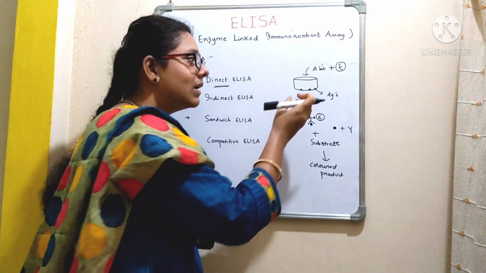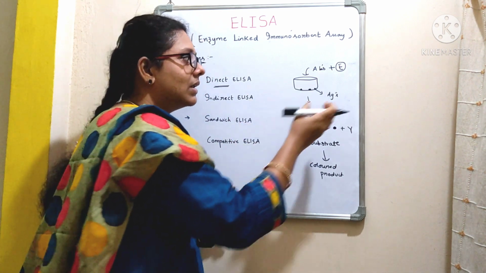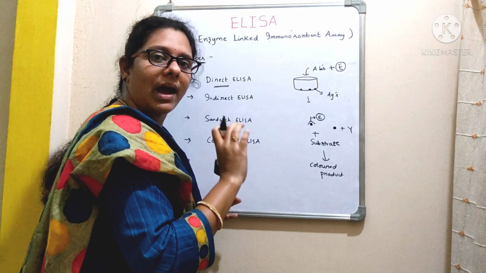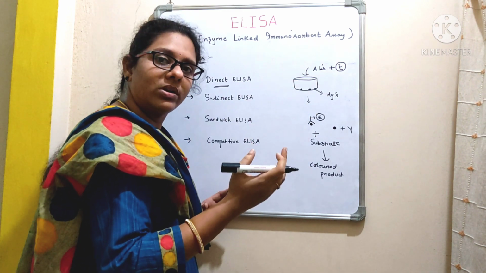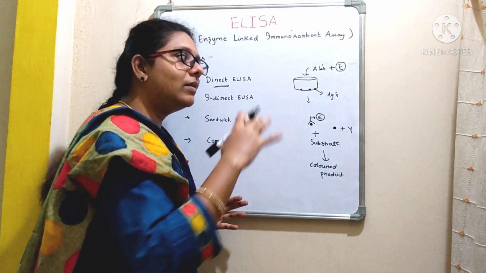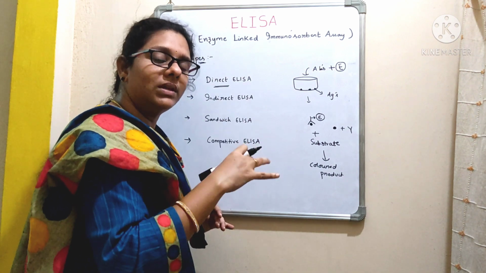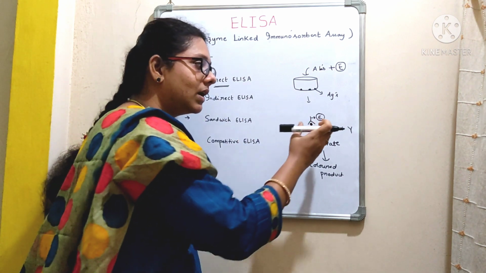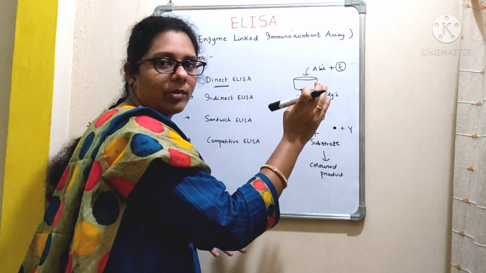So initially the antigens will be coated onto the wells with the help of coating buffers. Then in the next step, you are going to add antibodies that are conjugated with the enzyme. Next, you have to wash the wells in order to remove those unbound antibodies. If the antibodies are bound, then they will not be washed off. Already they reacted with the antigen and formed an antigen-antibody complex.